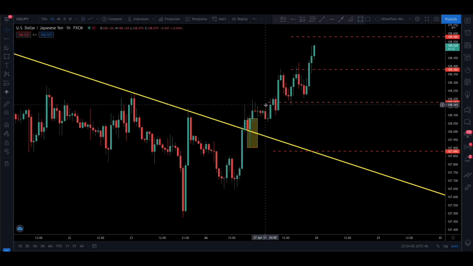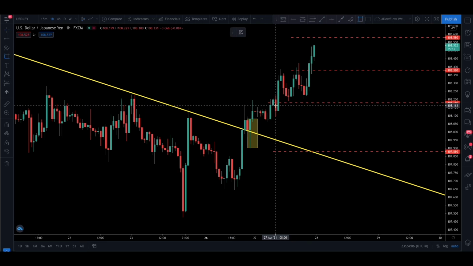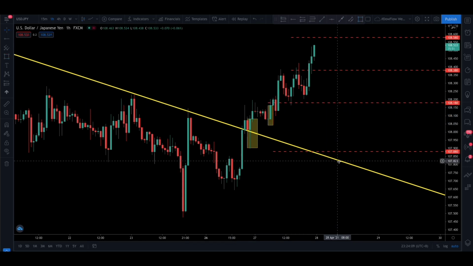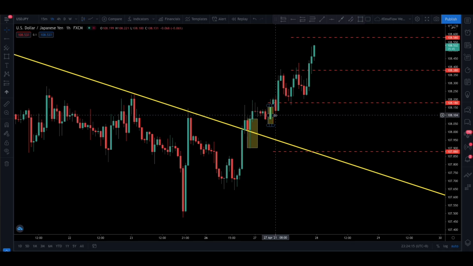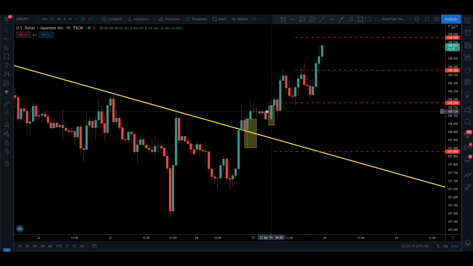And then after that, we saw another engulfing pattern right here. So let me just highlight this for you. So this was the second engulfing pattern. And when we saw two of these engulfing patterns happening just after the break of the trend line and retesting it nicely, that gave us the confidence to go long. So of course, on the close of this candle, with a bit of the spread, and I think we were a bit late, we entered somewhere right here. So that was our entry,